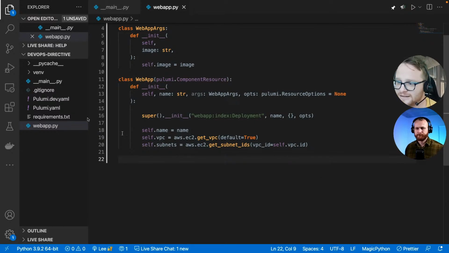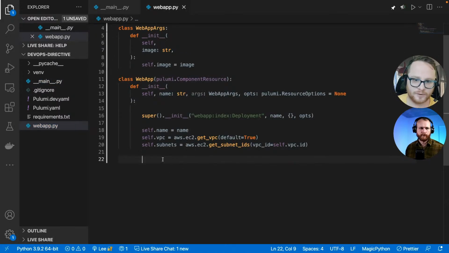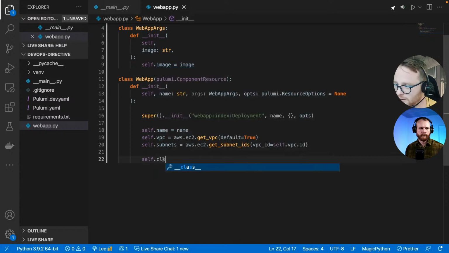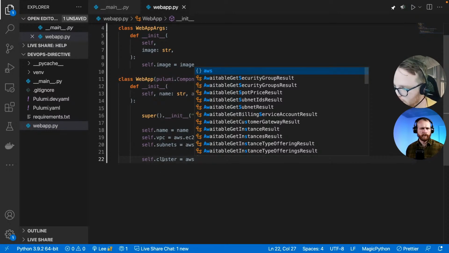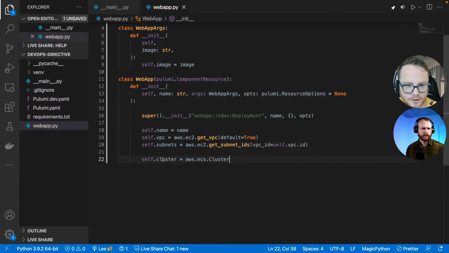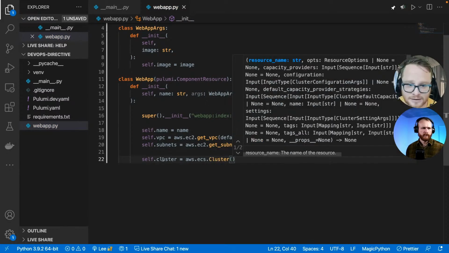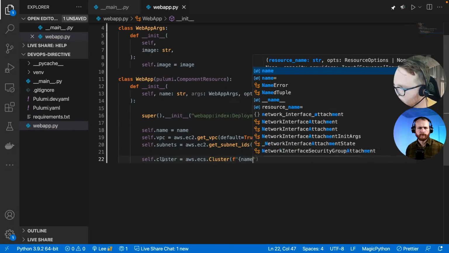And I could obviously write this directly in my main.yaml, similar to what I've done here. But of course, I want to make this reusable, so I'm going to go straight from the get-go. So if you've ever deployed anything in Fargate, you'll know that the first thing you need to set up is a cluster. So let's define a cluster, aws.ecs.Cluster. And I can, of course, use Python f-strings in order to actually define the name of this cluster. So I'm going to call it